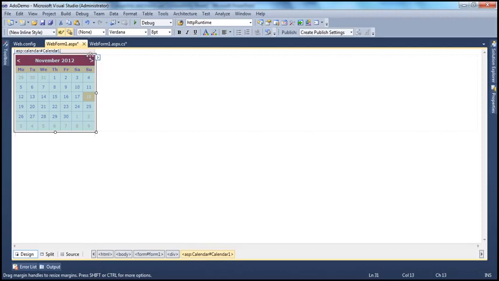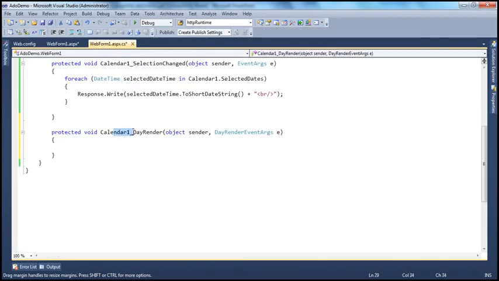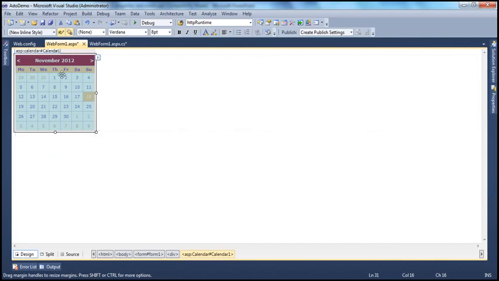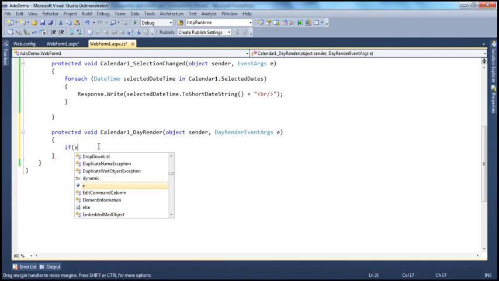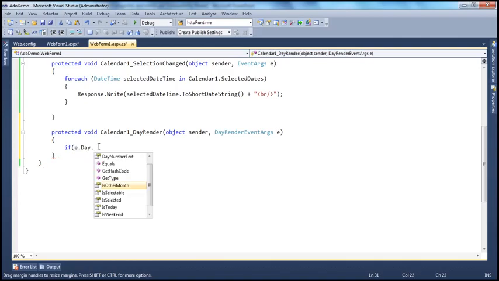Is it possible to customize that in such a way? Absolutely. And the event that we use for that purpose is the day render event. So let's see how to do that. I want to do that only for the dates within the current month. If it is another month's date, I don't want to do that. So how do we check if the date belongs to the current month? We can use this day render event args e object. So if e.Day.IsOtherMonth, if this belongs to another month, then we know that property returns true. So it should not belong to another month,